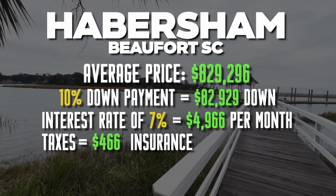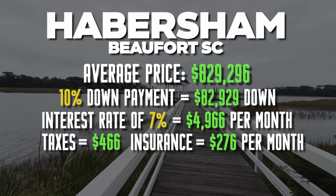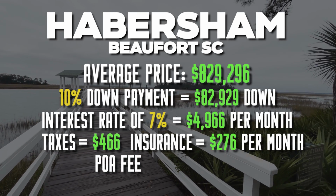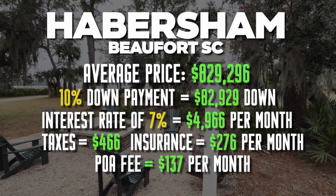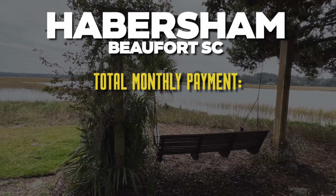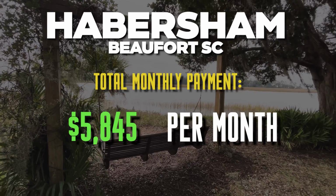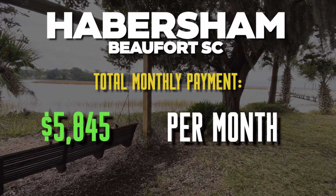Now, the insurance is estimated to be $276 per month, and your POA, or property owner association fee, is going to be $137 per month, which means that your total monthly housing expense is going to be $5,845 per month. Now, again, if a bank is qualifying you and saying that you need to make 3 times